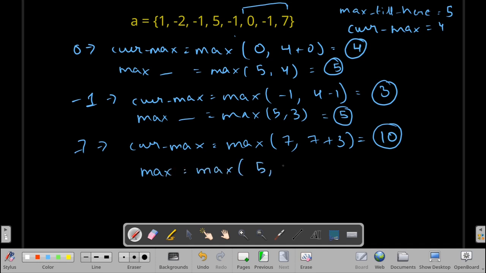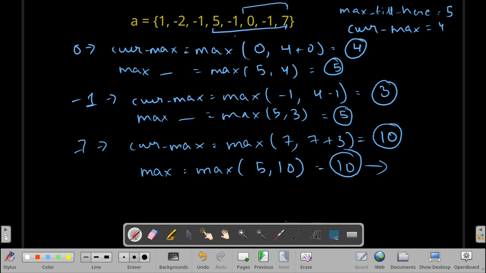Max till here was equal to 5 and current maximum is equal to 10, so we have updated it here. So what that means is the maximum sum is 10 and the sub array which is producing that maximum sum is 5 till 7. So this is our algorithm.